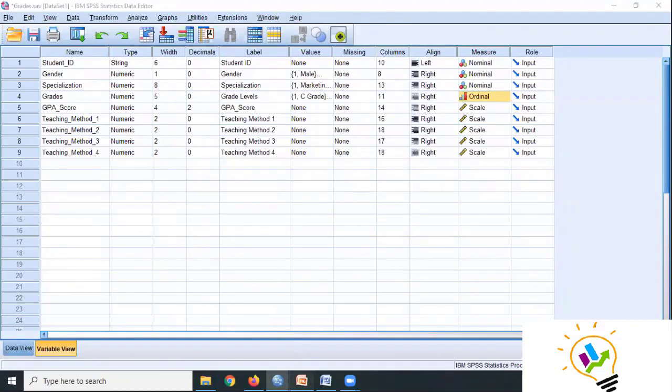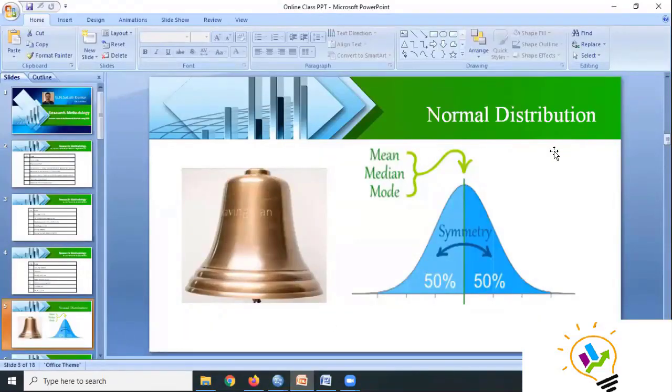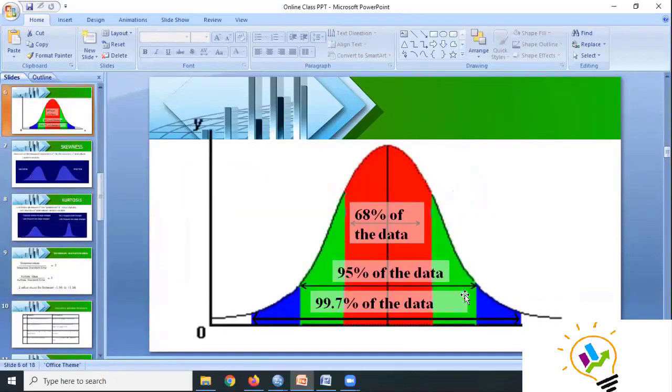Now let us see a small glimpse of what this normal distribution is. In a normal distribution, we have the mean, median, and mode at the center, meaning the data is uniformly distributed towards equal sides. Coming to the important thing, the amount of distribution: in this red color, if you see, this is called one standard deviation, which is 68%. The second one is 95% of the data distributed. And the third one is 99.7%. I'll discuss what the percentage means once we start the normal distribution.